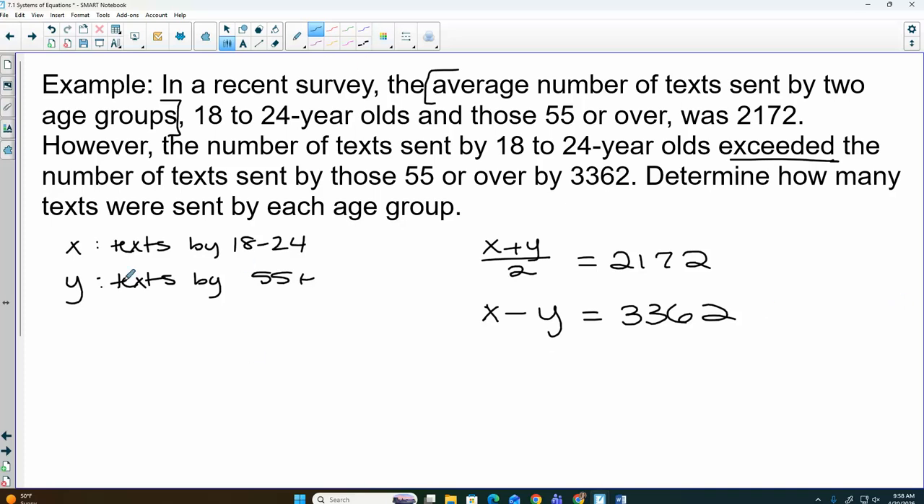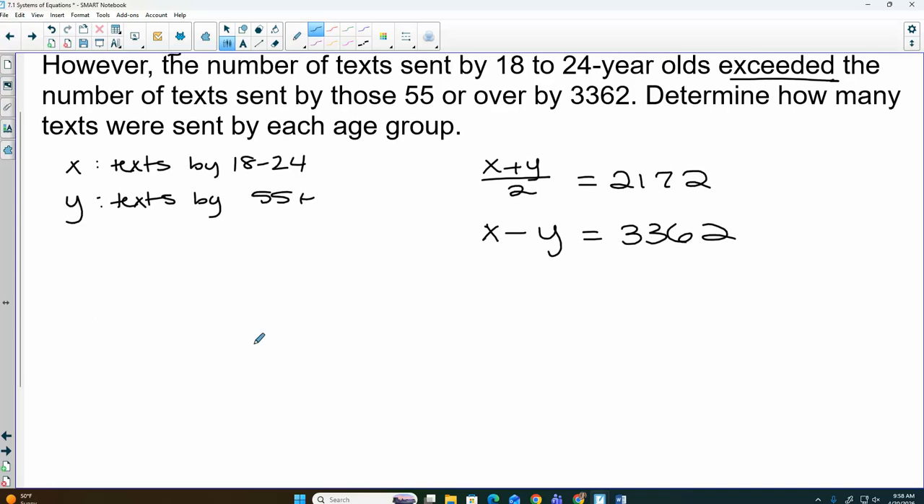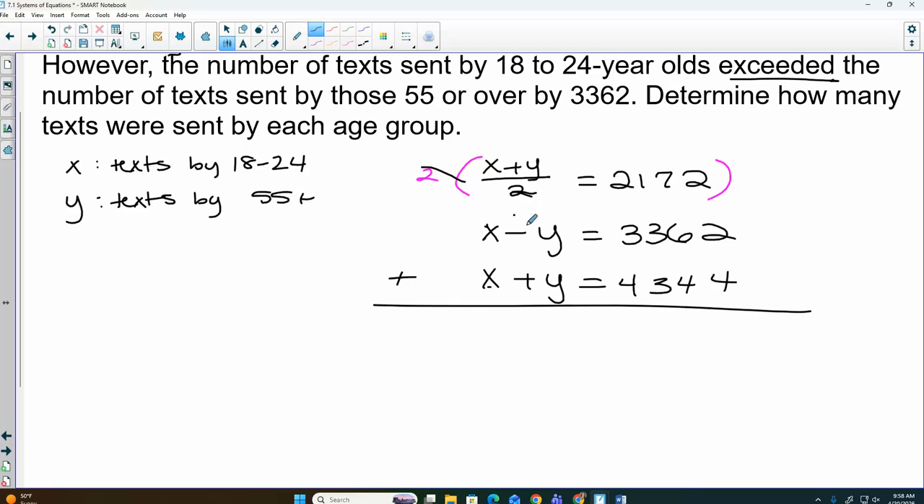What if I took that first equation? How could I get rid of the divided by 2? So then I would get, these would cancel, so it'd be x plus y equals what? 4,344. Now what could we do? We eliminate those y's. So 2x equals